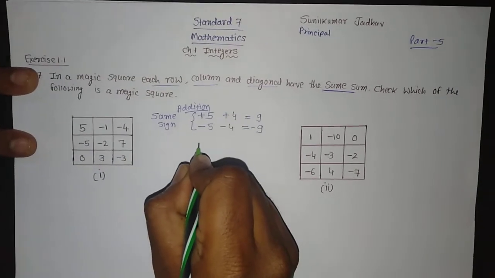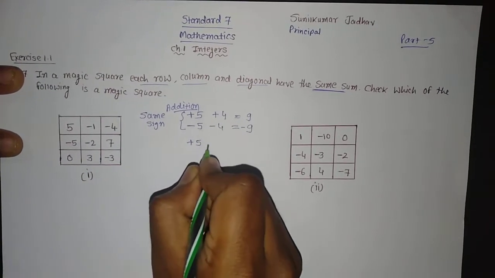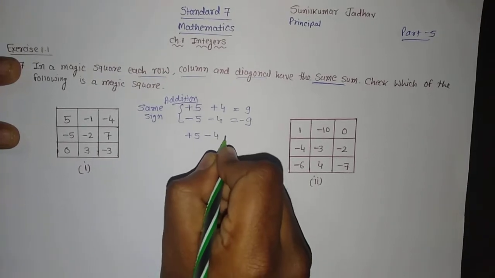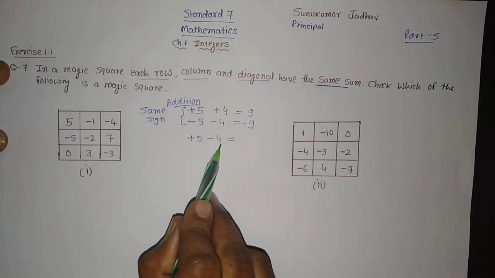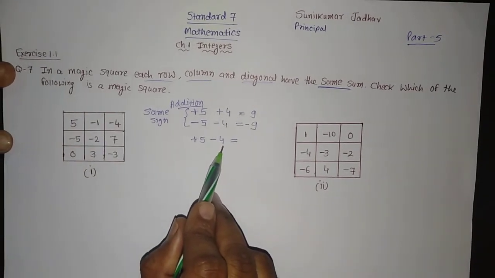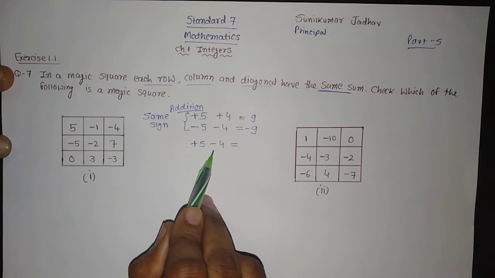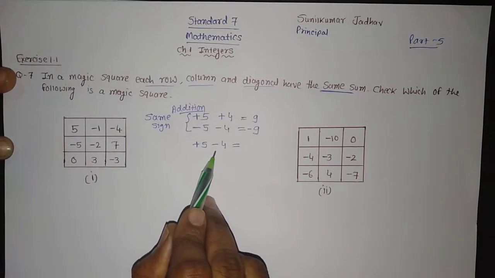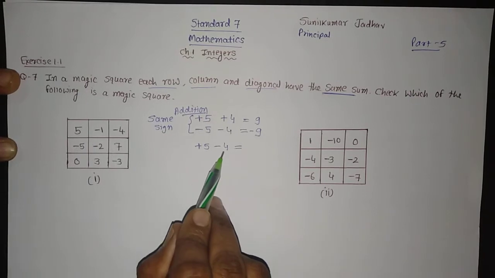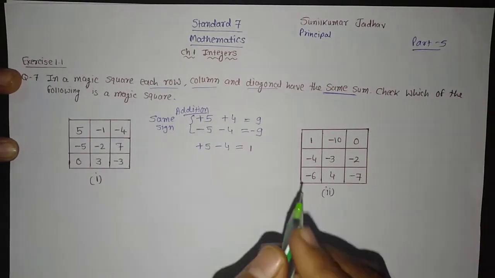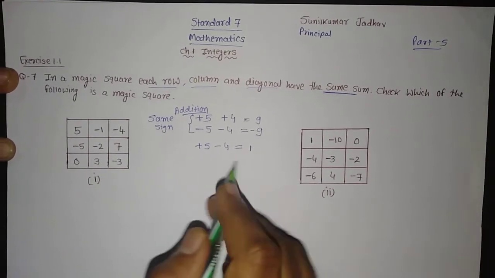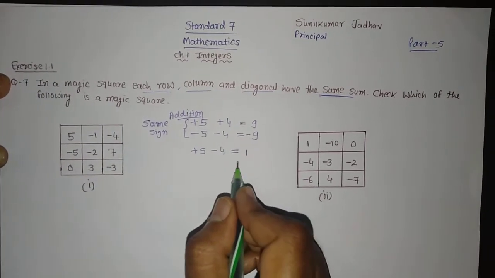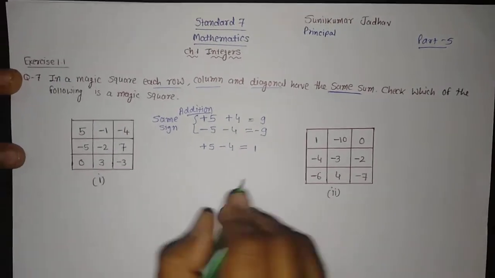Now say for example it is different, like one is with the plus sign, that is plus 5, and this is minus 4. In that case what will you do? This is also a very simple, first standard question. Both have different signs, which means we have to do the subtraction. 5 minus 4 is equal to 1. But in this case we want to keep the greater term's sign. The greater term is 5, so I will write plus 1, and that plus we normally do not write.